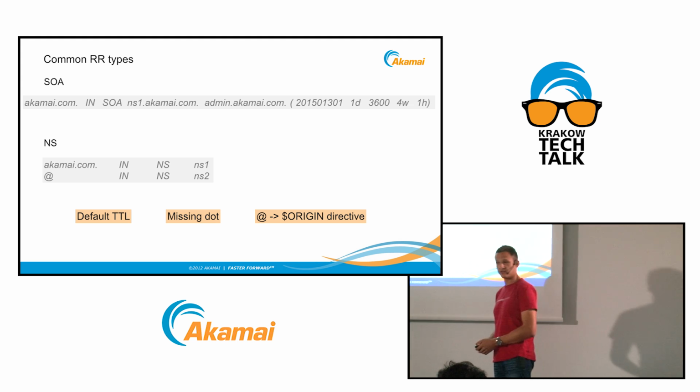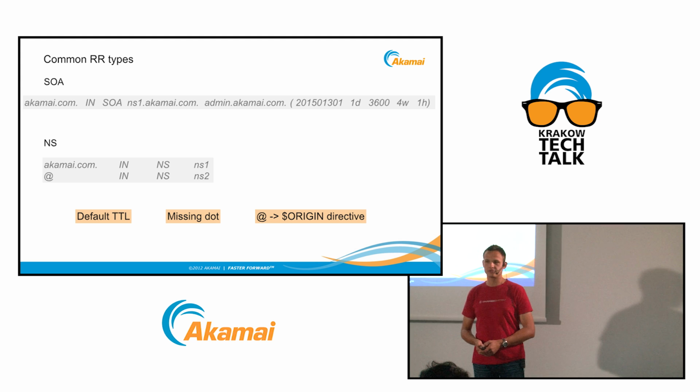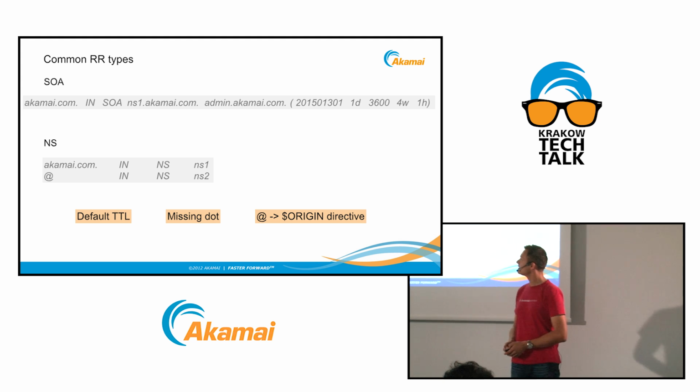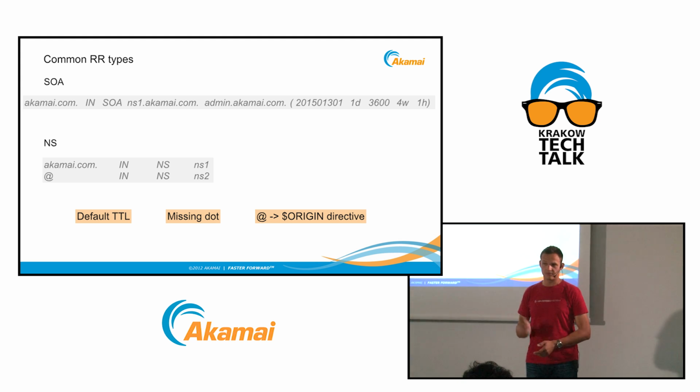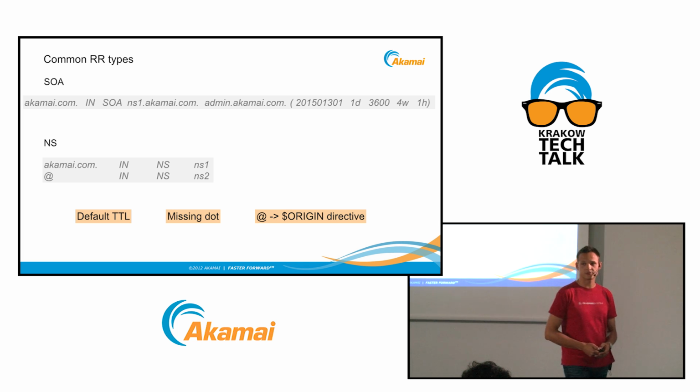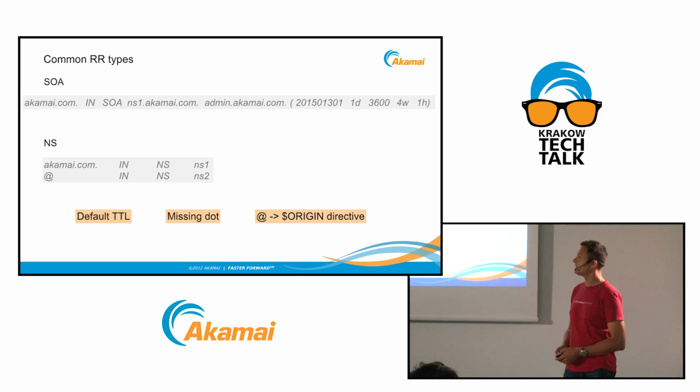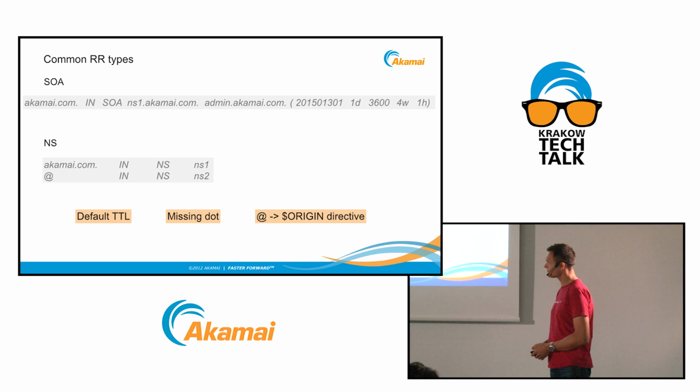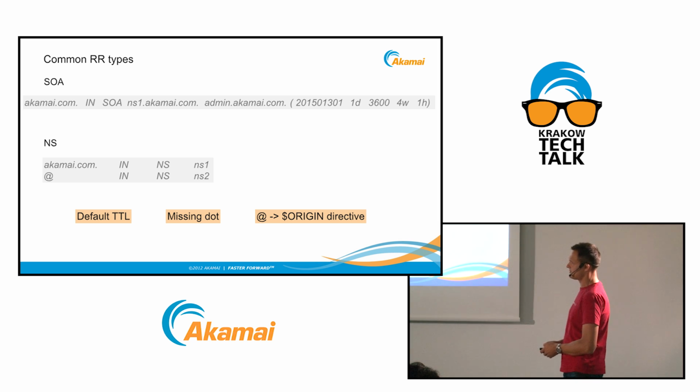What are the most commonly used resource record types? Well, we have to start from one. It's the most important one. It's crucial for the zone file to exist. It is called start of authority. So you see that it is defined for the Akamai.com zone, the domain name, the class is internet, the type is SOA, and then you have special syntax,